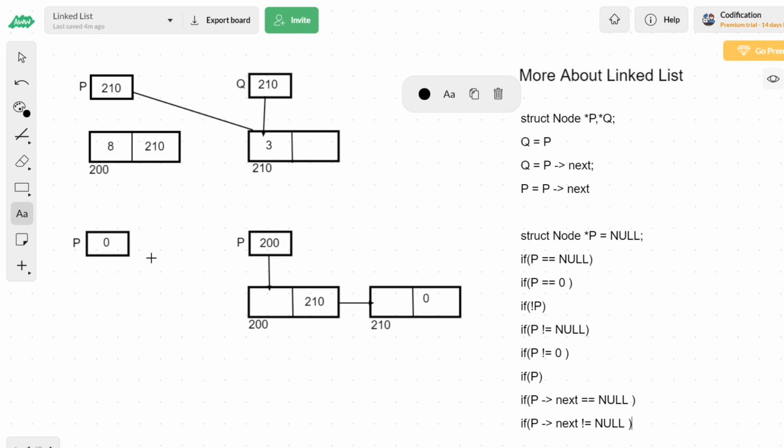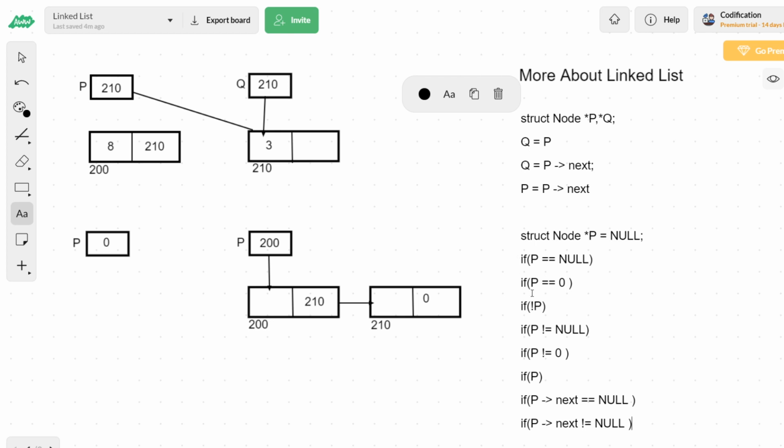When you want to determine that a particular node is the last node of the linked list, the next pointer part of the last node should be stored with either null or 0 to specify that this particular node is the last node. Then we were checking whether a particular pointer is actually holding null or not.